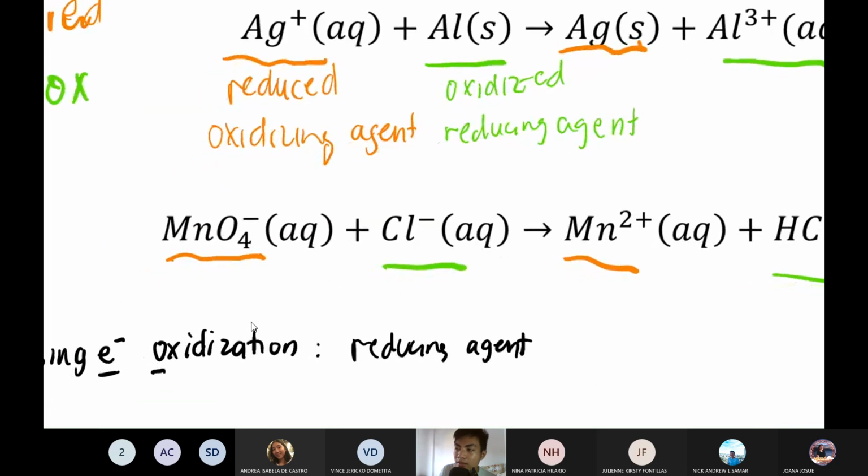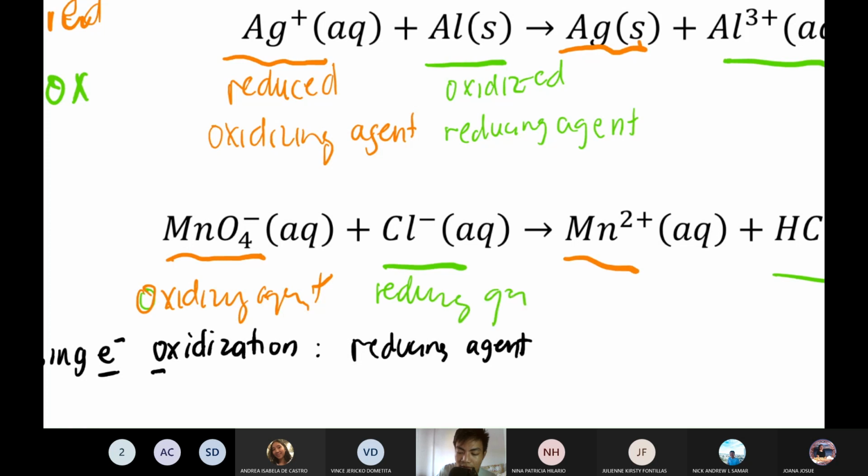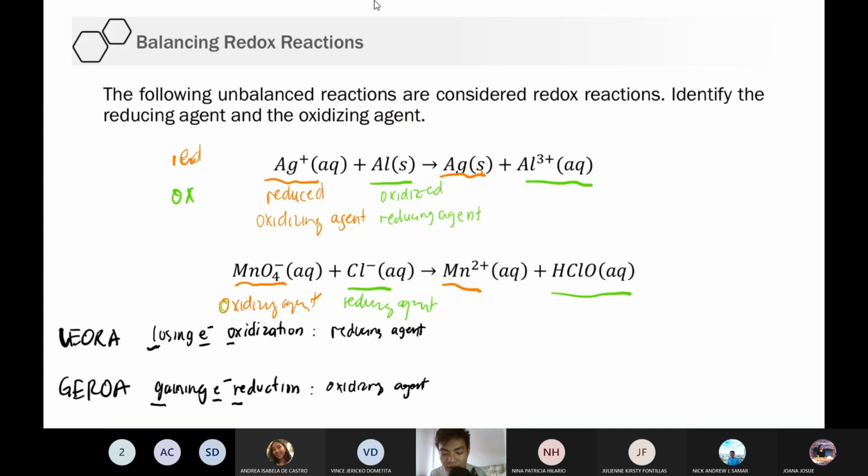So, same thing as this one. Mn is reduced. So, ibig sabihin, ito yung oxidizing agent. Okay. Ayan, gets nyo na yan, agent. And chlorine is the reducing agent. If makalimutan mo yan or magkagulo-gulo yan sa utak mo, just remember LEO-GER-OA. Yung nag-oxidize, yung RA, reducing agent. Yung na-reduce, yun yung OA, oxidizing agent. LEO-GER-OA. Okay? So, ayan, okay na tayo dun sa part na yan.